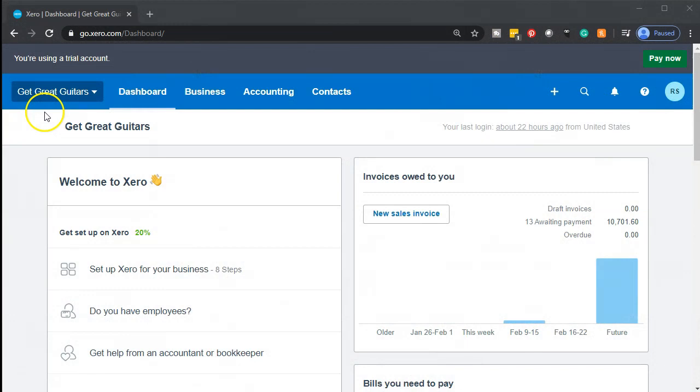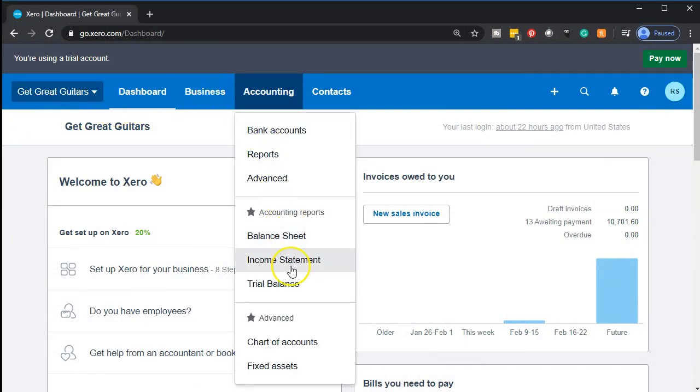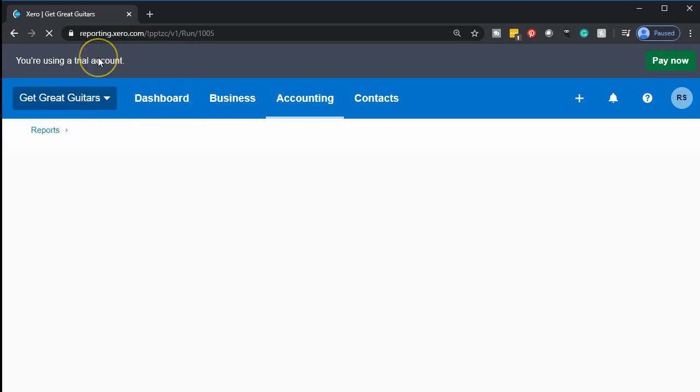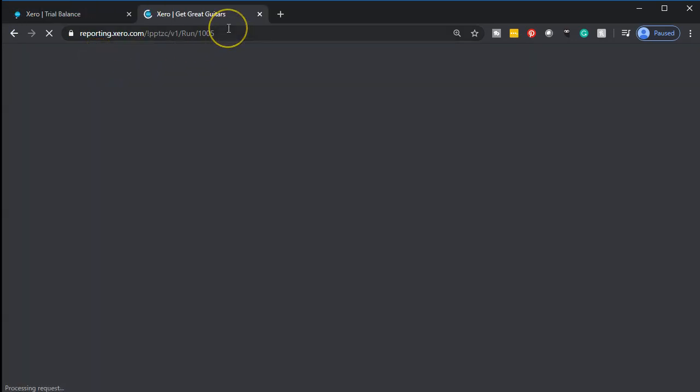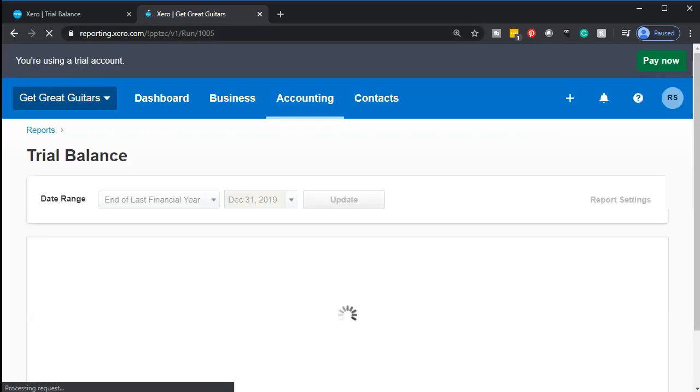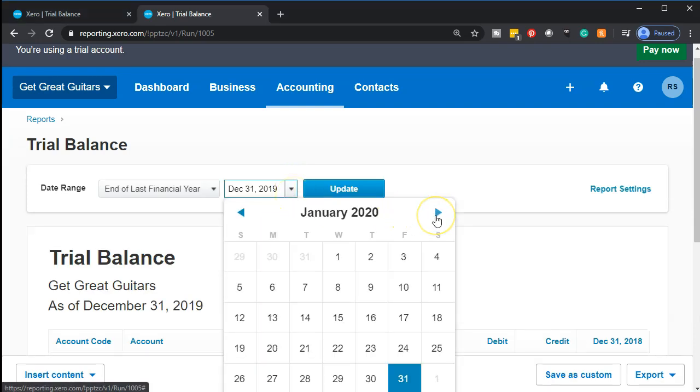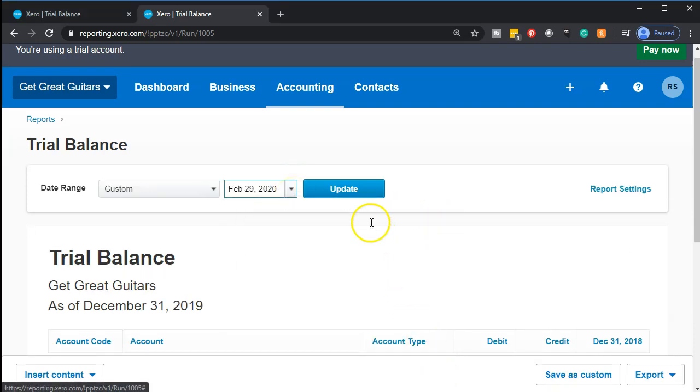Here we are in our Get Great Guitars dashboard. We're going to be opening up our trusty trial balance by going to the accounting dropdown and opening up that trial balance. We're going to then mouse over the tab up top and right click on it and duplicate that tab. So we're going to have our trial balance to the right, then our information on the left. We're going to be adjusting the date for the trial balance for the month of February. So we'll be selecting the drop down over here and bringing that out over to February 29th